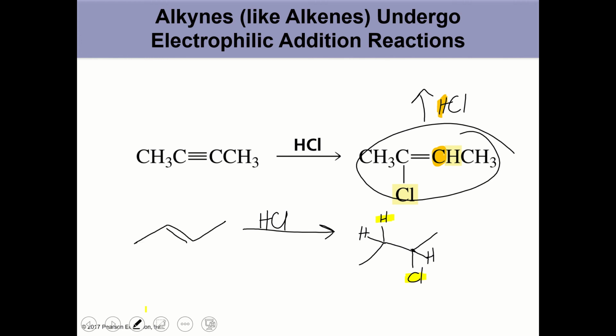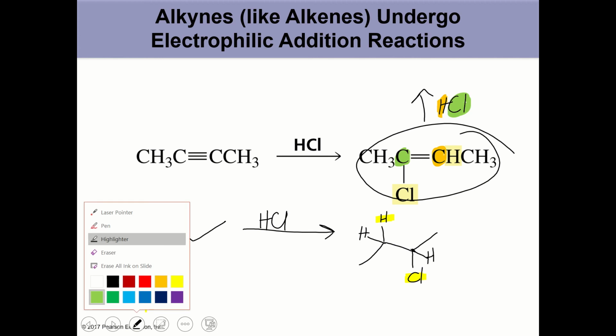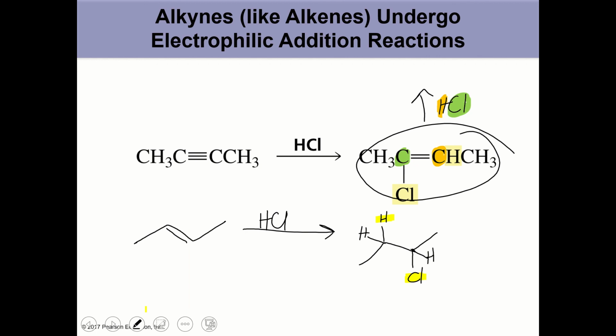And then the chlorine, which I'm going to highlight in green, is going to add to the other sp2 carbon that is already bonded to chlorine. So that the intermediate cation has the positive charge on the carbon that is bonded to chlorine, so that the first intermediate of this reaction would be,